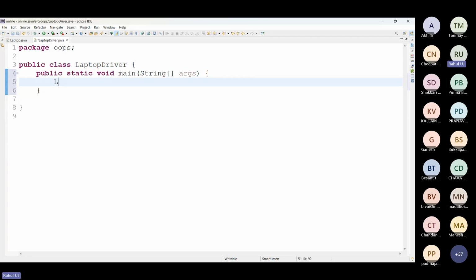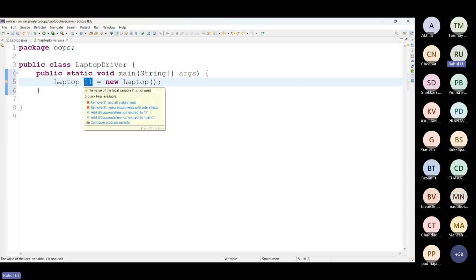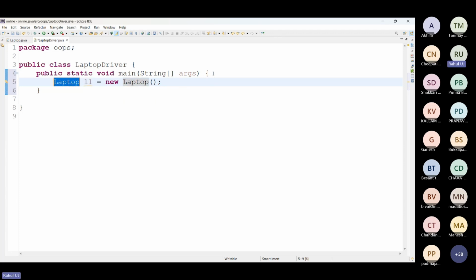So here I will say Laptop l1 equals new Laptop. This is your object creation statement. This piece will create an object. This is a reference variable, and this is your data type. I'll explain what is happening here, don't worry.